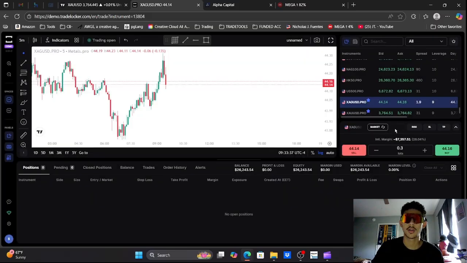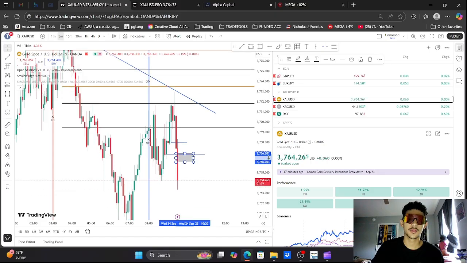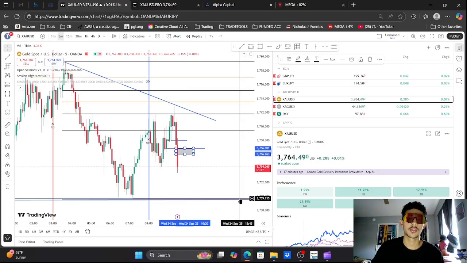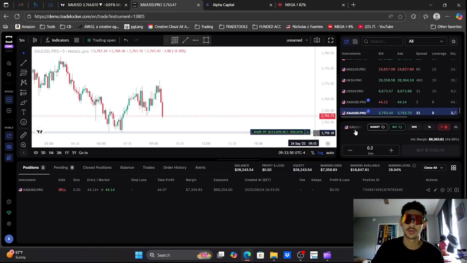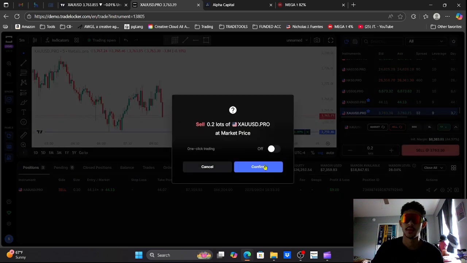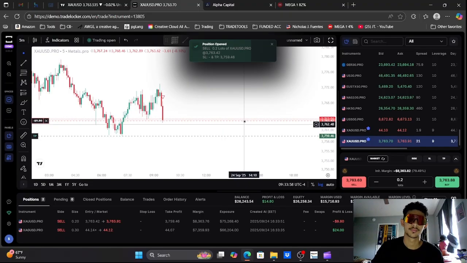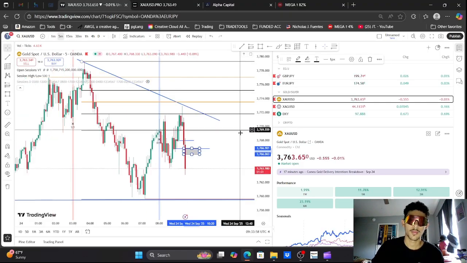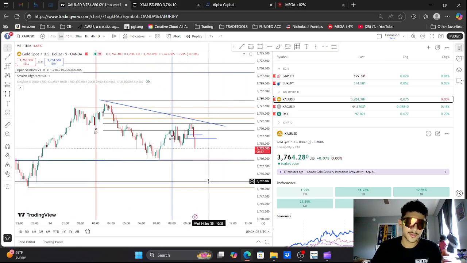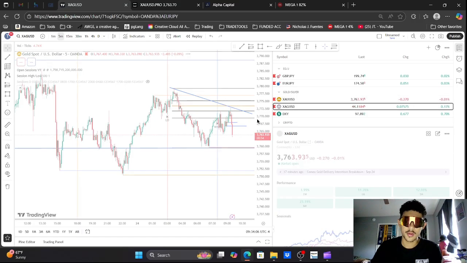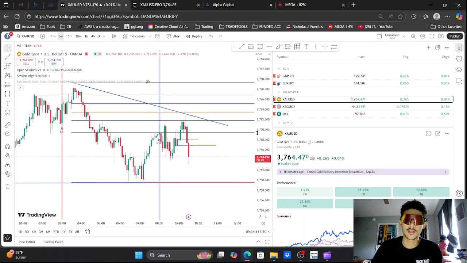So we're entering on silver, and we are also entering on gold. Maybe I should have entered a little sooner, but we'll have TP1s right there for both of these charts. Then if we get another continuation,